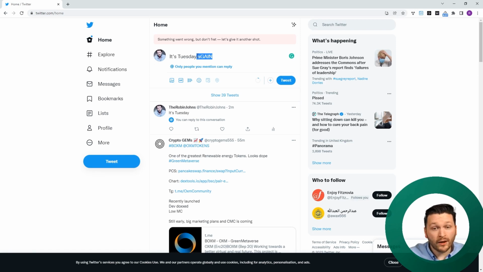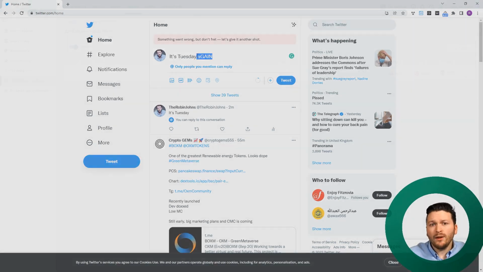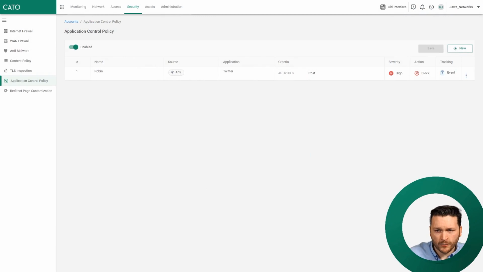And this is a way that you can start controlling, policing, and actually making a security impact to your network without having to worry about being far too intrusive to your overall employee base. This is a way for you to start understanding which applications have associated risks and taking control of that risk yourself by allowing certain elements or segments of applications to work. Now let's go back over to the Cato management application. We have a simple rule, and don't worry, we're coming near the end, but you might want to